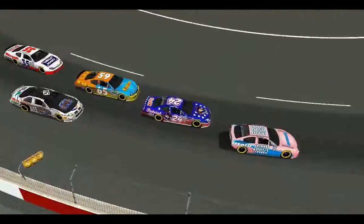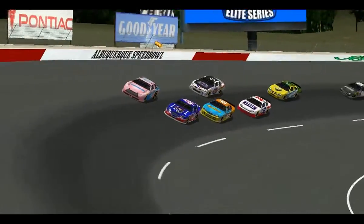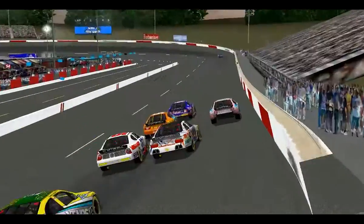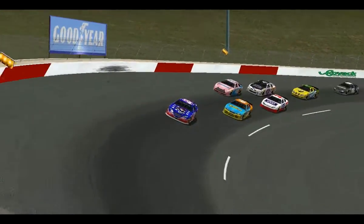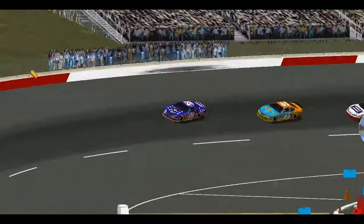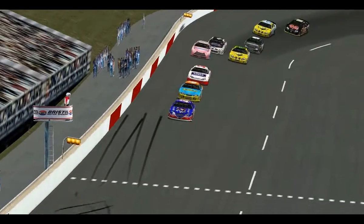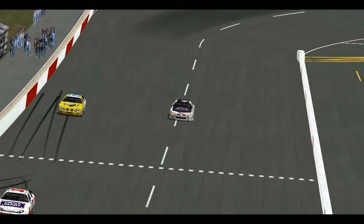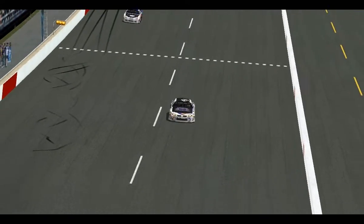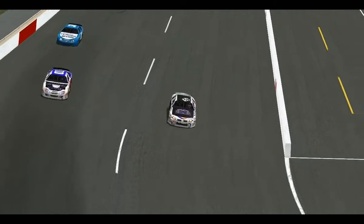Libby Bell finds herself trying to hold off Taylor Brillon, while at the same time negotiating with Derek Dudding. She gets by Dudding, but Brillon is still breathing down her neck, and right behind them, Ryan Griffin gets by Benji Flynn for the 3rd spot as Flynn gets trapped behind Derek Dudding. And then something breaks on Flynn's car, so he will have to bring the 36 to the pits after having